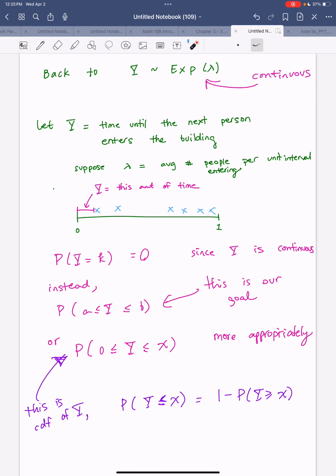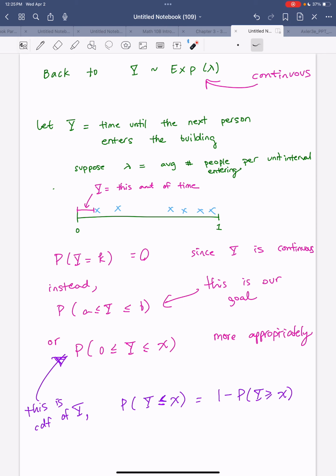Okay, in this video, we're going to derive the PDF for our exponential random variable. And remember, this is a continuous distribution, a continuous random variable, and this is one of our key examples of continuous random variables. Okay, so the setup was we had Y as the random variable that records the time until the next person enters a building. Lambda was our parameter, so it's the average number of people entering the building per unit interval,